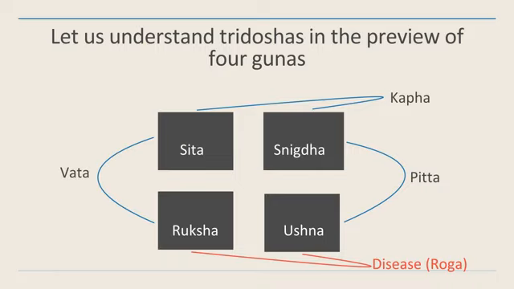So Kapha is something which creates all the structure. It is all pervading. It is there in the whole body. So the main structure is created by Kapha, that is Shita and Snigdha. Vata is movement, and Vata is responsible for any kind of movement, either of nourishment or of doshas, that is Shita and Ruksha. Pitta is Snigdha and Ushna. That means it provides the necessary temperature to the system.